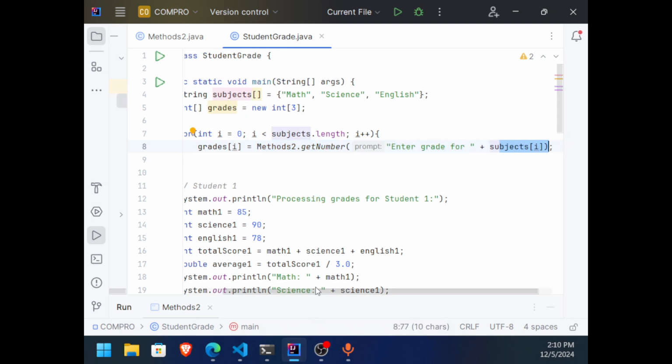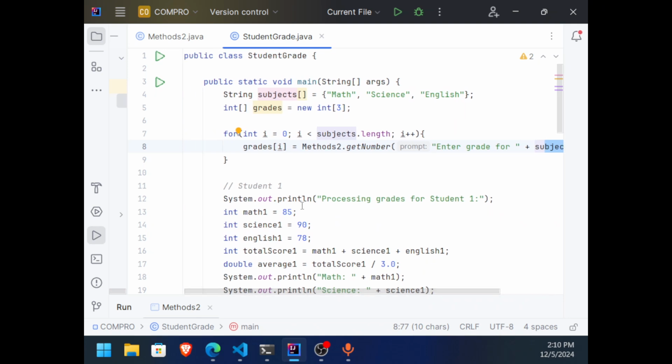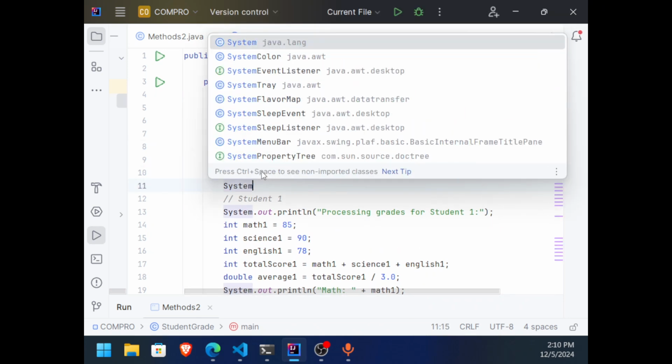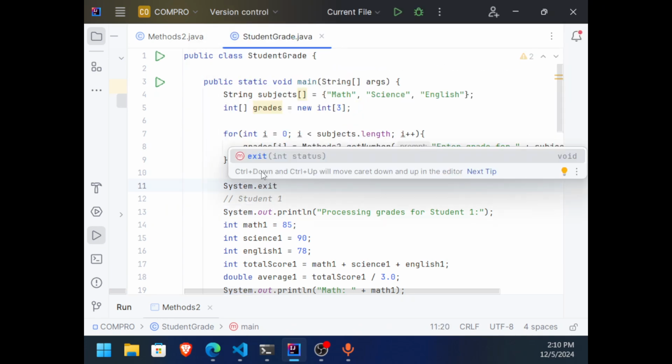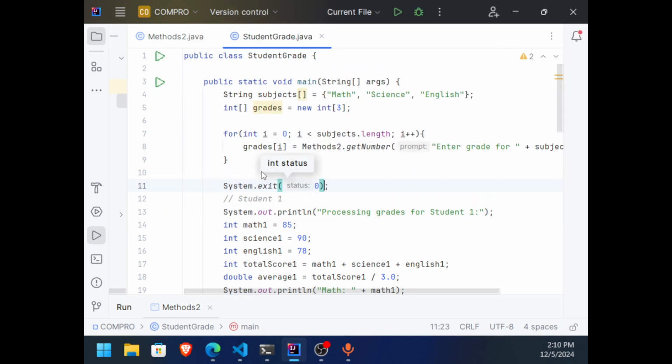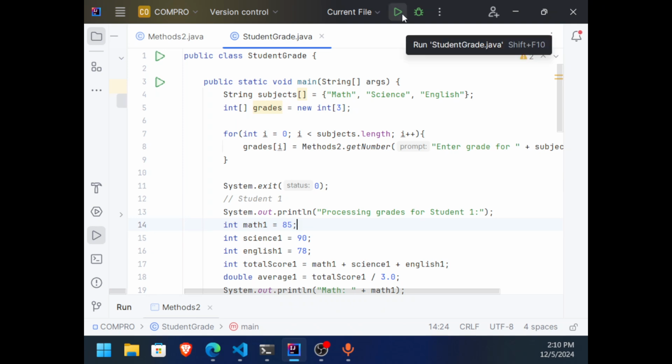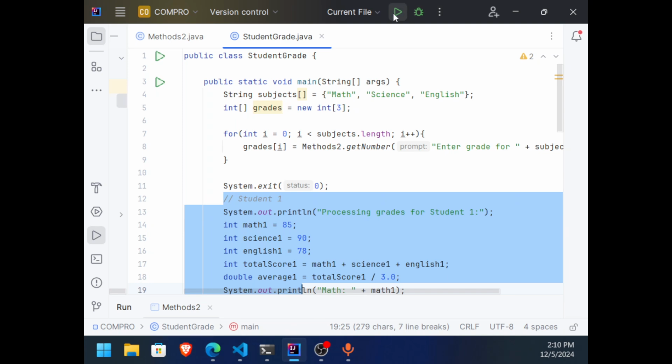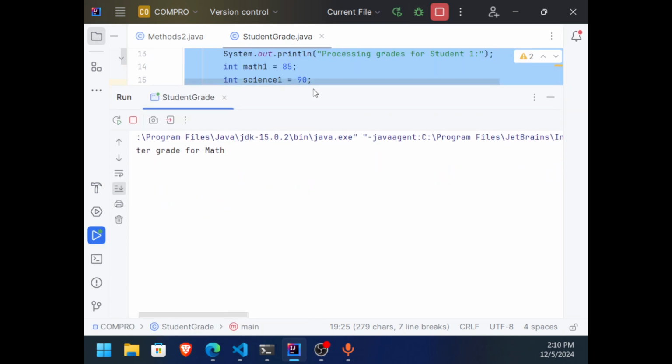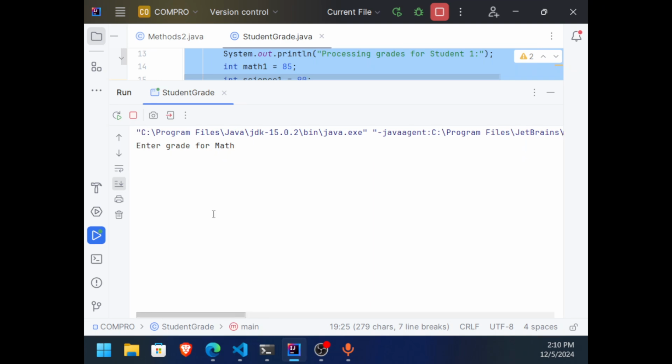So if I'm going to run this one, System.exit(0). System.exit is just another way of prematurely exiting the program. It's going to disregard the rest of the program. Let me run that one. As you can see here, this is dynamic.